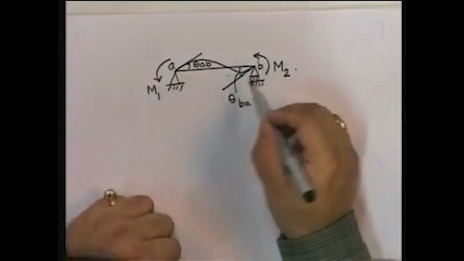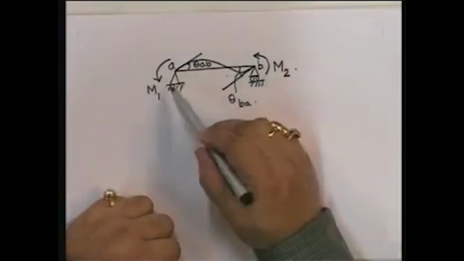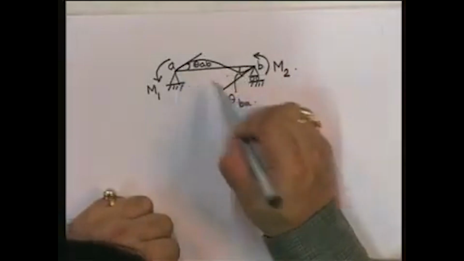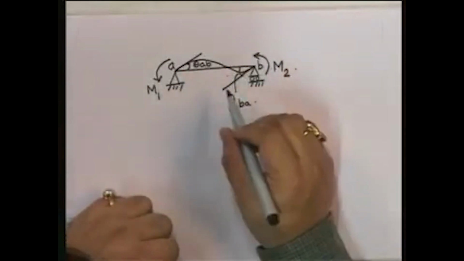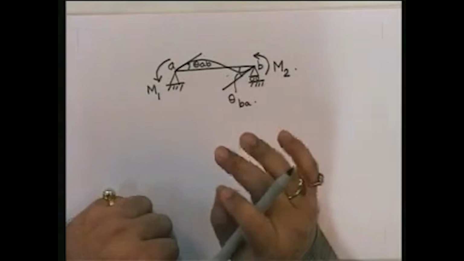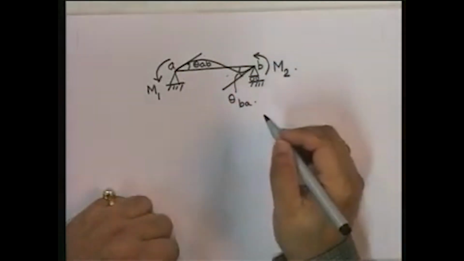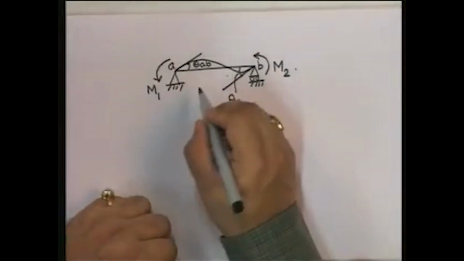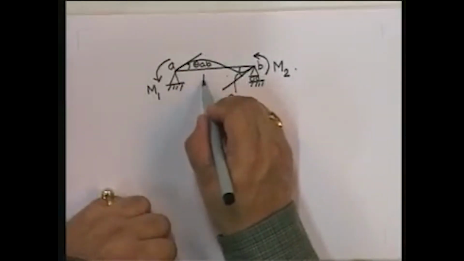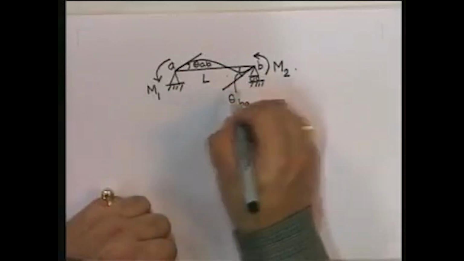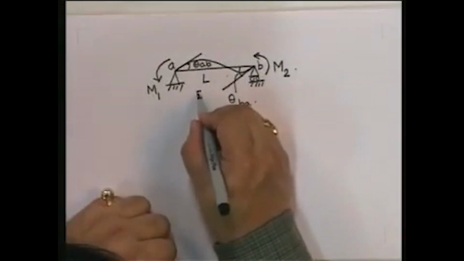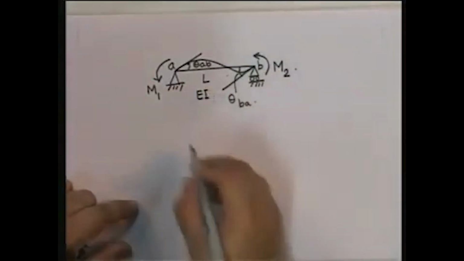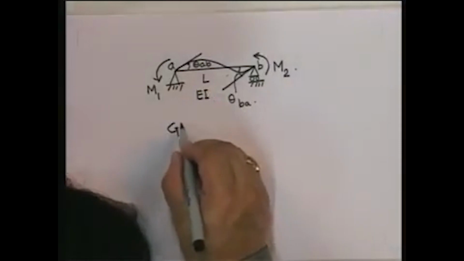So, under this application, this beam will deform. Okay? And I want to find out what these rotations are under these loads. So, this is my question here. Okay. So, now how am I going to find this out? I am given the fact that the length here is L, and since only flexural deformations are considered, the flexural rigidity is given by EI. Okay, so my brief is given